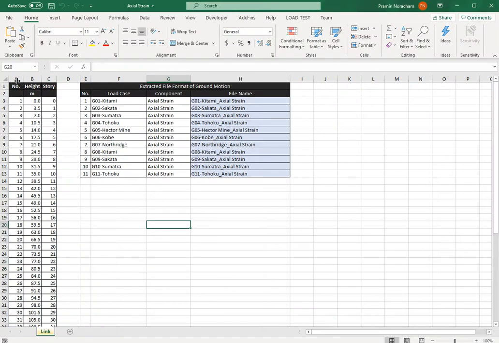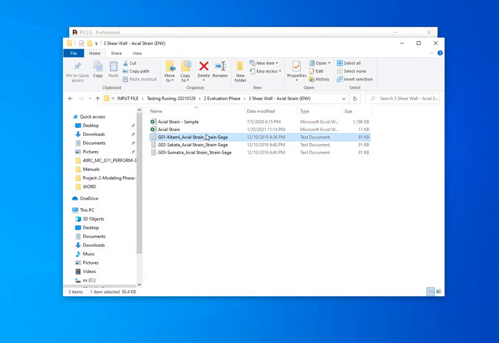In the Excel file, again, you prepare axial strain information, location, and story for plotting the graph. The second one will be the ground motion name. Even if you prepare 11 here, they will use only the ones that you have as the input file, but the name should be exactly mapped with the input file that you prepare.